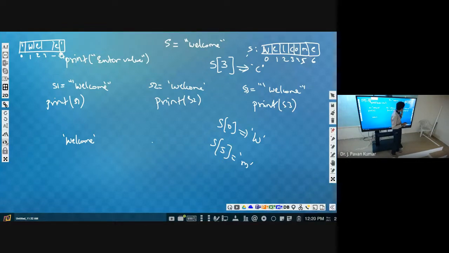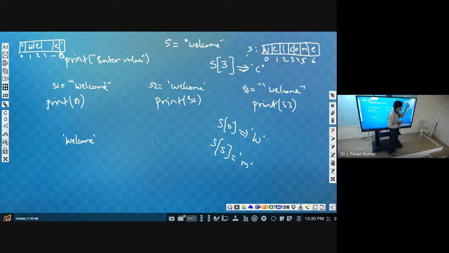Instead of starting from here, I want to count from here. Try to understand. Then I want to access the first character from the right.